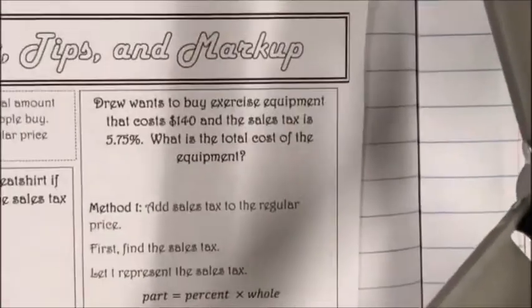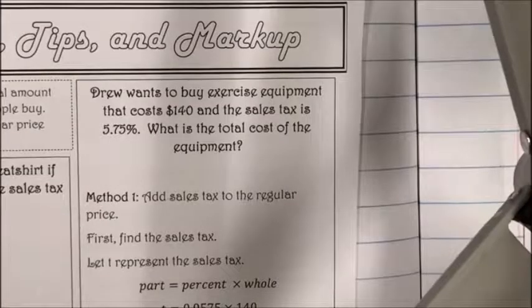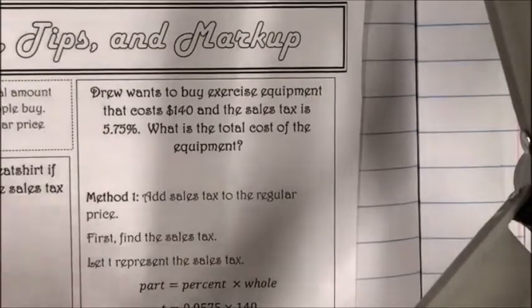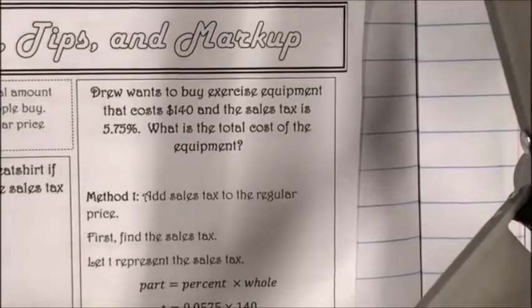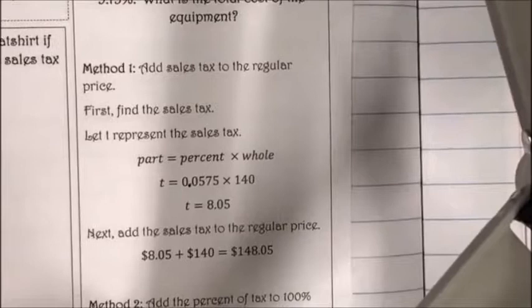All right, so the problem that we have to look at says Drew wants to buy exercise equipment that costs $140 and the sales tax is 5.75%. What's the total cost of the equipment? There are two different methods that we can use. You can use either method, they will both work. Method 1 says add sales tax